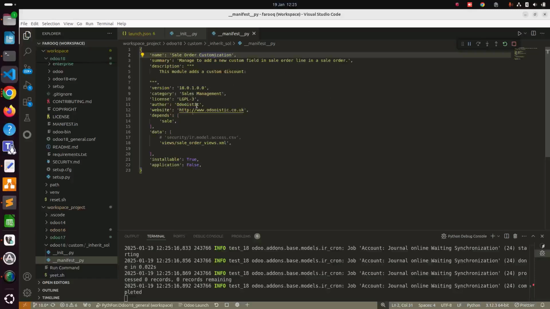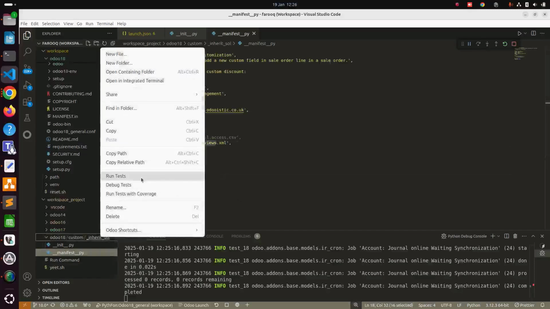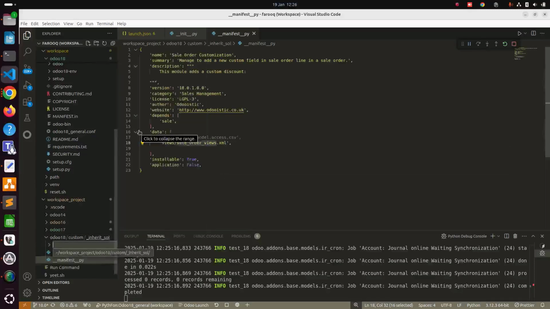Then this is the version category. I have already told all these details in my previous videos. Odooistic is the name. Then website. We are only depending on the sale module because that's where we are inheriting, and we are creating this file in XML. So for that, we need to create a new folder, which will be views. And in that folder, we will be putting that file,